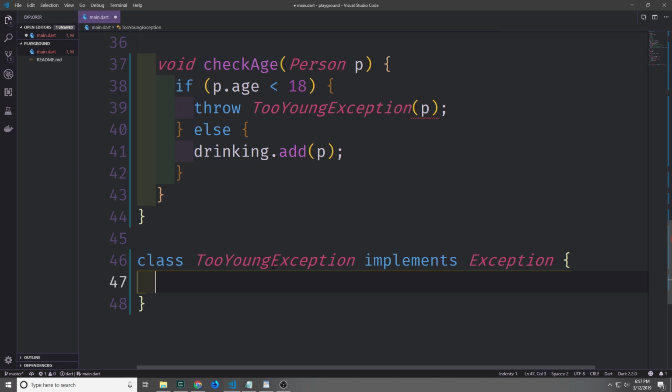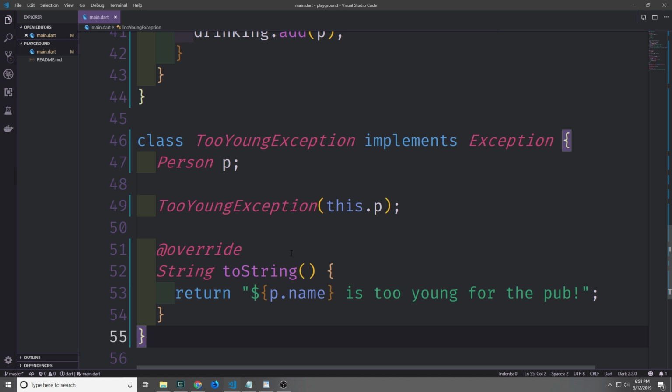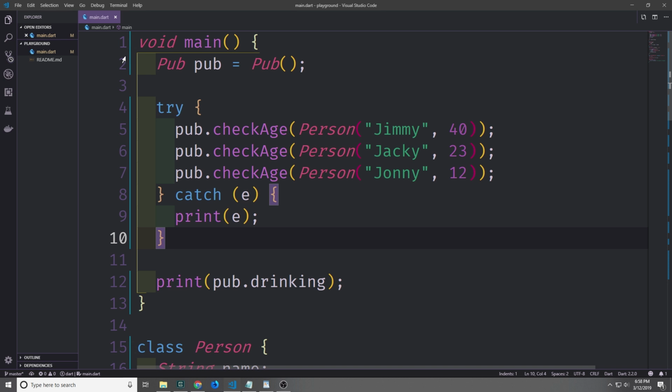So to create our TooYoungException, we just want to implement the base exception type. Then because we're passing in a person, we want to add a field for the person, and then of course add a constructor to our exception. We can add a toString method, which will of course be overridden, and we can then say p.name is too young for the pub. Now inside of main, let's go ahead and create our pub,